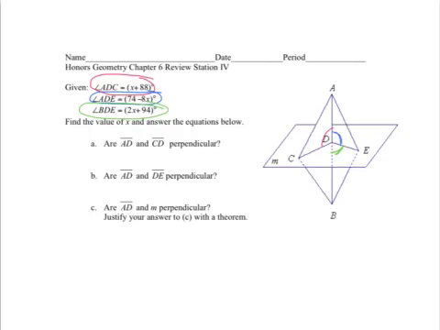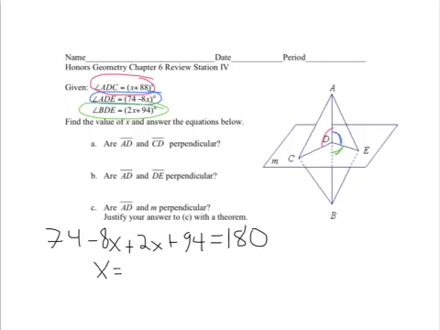So I'm going to add the blue and the green ones together, so 74 minus 8x plus 2x plus 94 equals 180. And once I solve for x, I assume that you can do the algebra yourself. You should end up with x equals -2. Alright, so if x equals -2, I can plug it back into each one of these angles. So I'm going to plug it in here into the red one. If I plug in -2, I know it's going to equal